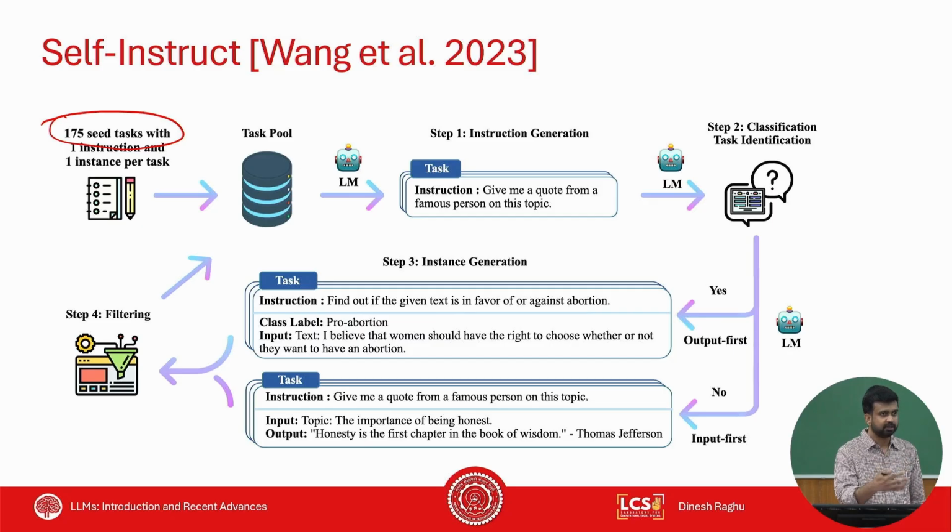Like you have 175, you do a few-shot example, you give a few-shot example, and then you say generate one more. It's going to give you one task that is different from the 175. And once you have one task, you again do a check whether it's good or not. If it is good, then you ask it to generate the class label and the input given the instruction, right? This is output first, input next. And in another case, you do input first and output second. So there are some advantages of doing these.